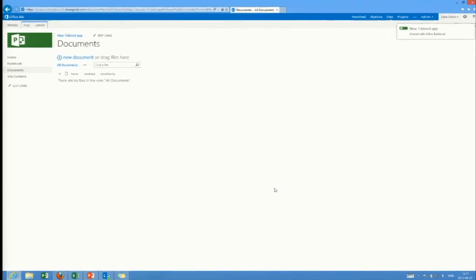It's that easy to invite someone that's not on your domain. And one little important thing here is that this is included in your license of Office 365. So there's no extra charge for sharing with that kind of people. OK, so let's get going with the